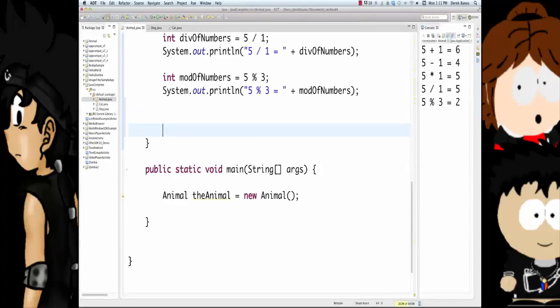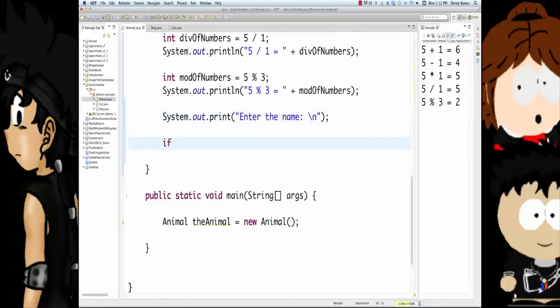All right, come in here and create a couple more things. I've already said before, if you want to print out stuff to the screen, just go sysout, control space, there you go. But here I want to demonstrate print and how it differs. Basically, we want to have the user enter a name for our animal. The way that println and print differ is there's no new line or line break, where they hit enter and go to the next line. If we want that with print, we just put it in there, but it's better to just use println because it saves you some time.